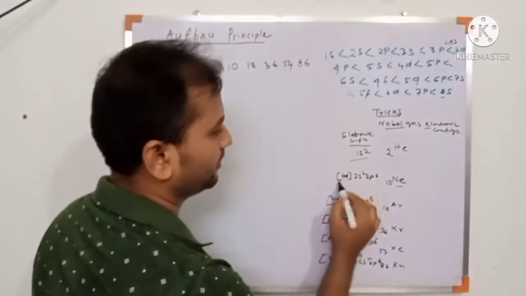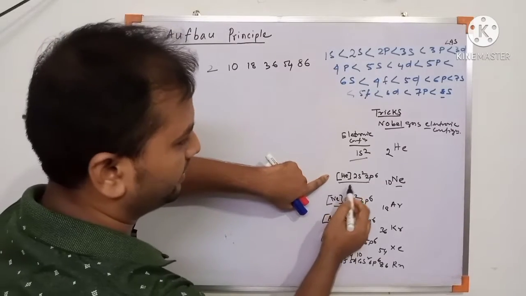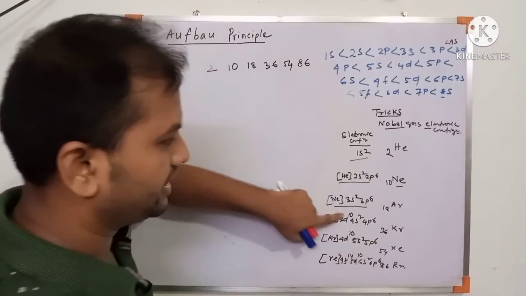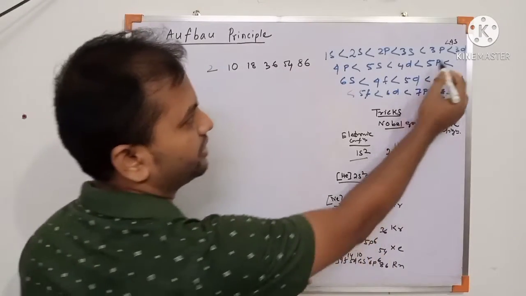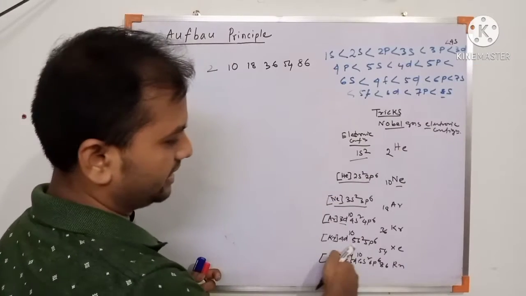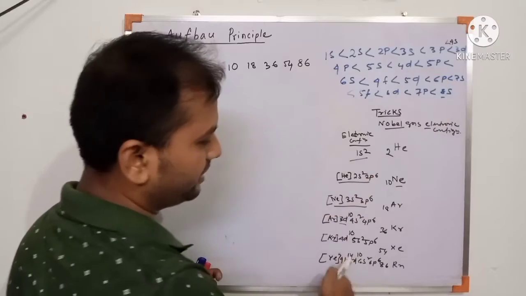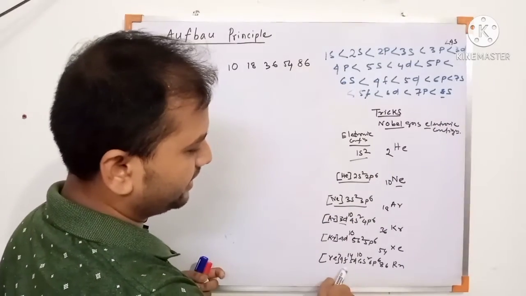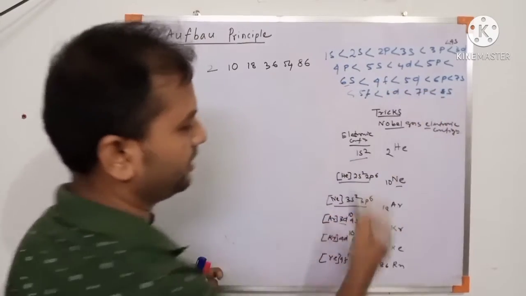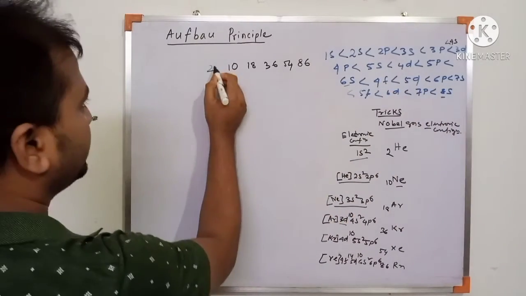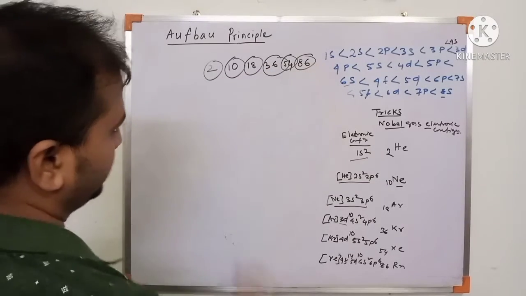Remember the electronic configuration. First 1s2, then helium, neon 2s2 2p6, then 3s2 3p6. Principal quantum number increases: 4s2 4p6, with 3d in the middle. Similarly 5s 5p with 4d in the middle, and 6s 6p with 4f and 5d in the middle. Now the trick is 2, 10, 18, 36, 54, 86.